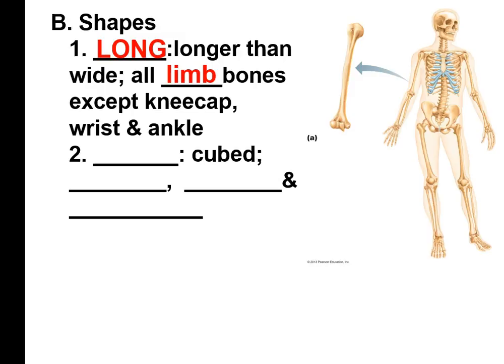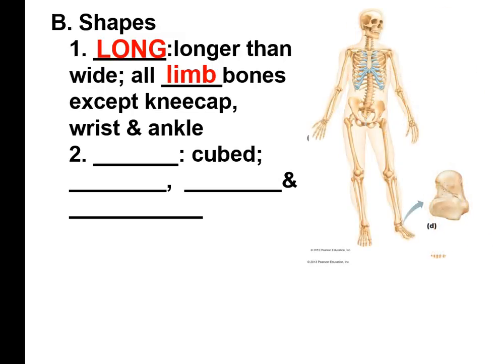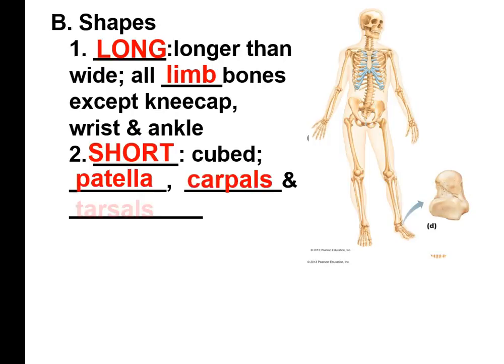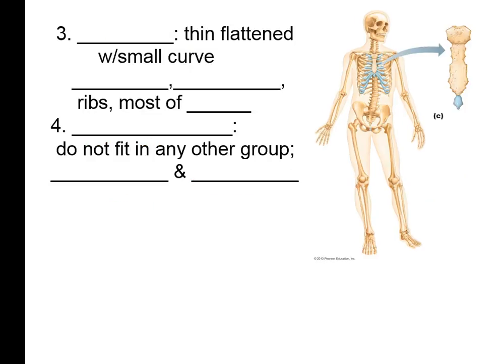So what are the wrist and the ankle bones? Well, they're about as tall as they are wide, so they're not long, but they are short. They're cube-shaped. The patella, which is the kneecap, the carpals, which are the wrists, and the tarsals, which are the ankle bones, are all short bones. So you can see that your appendages are made up of long and short bones. But what about your cranial bones and your